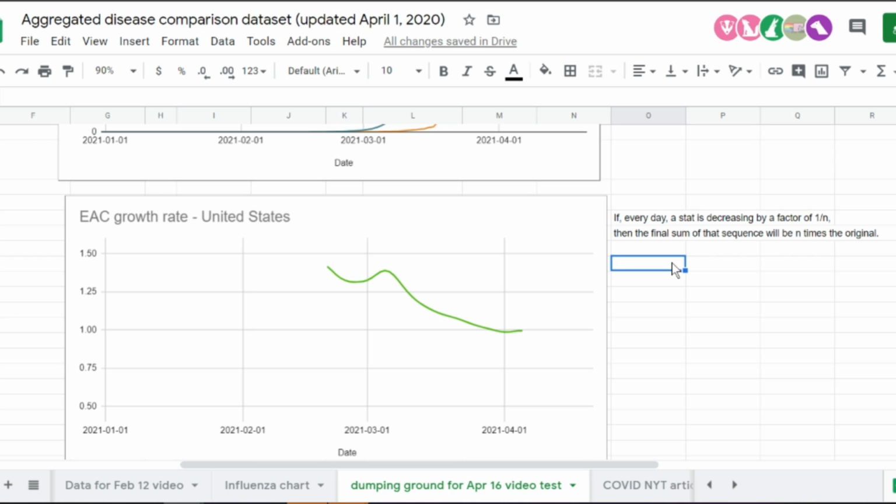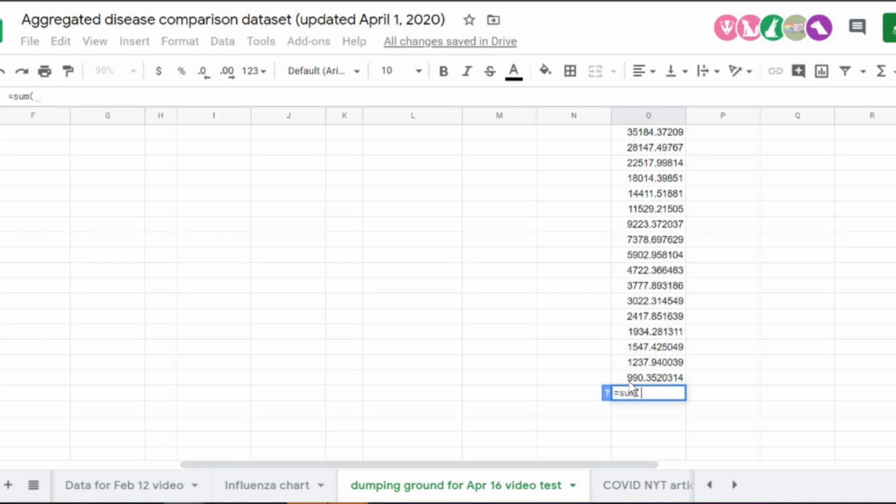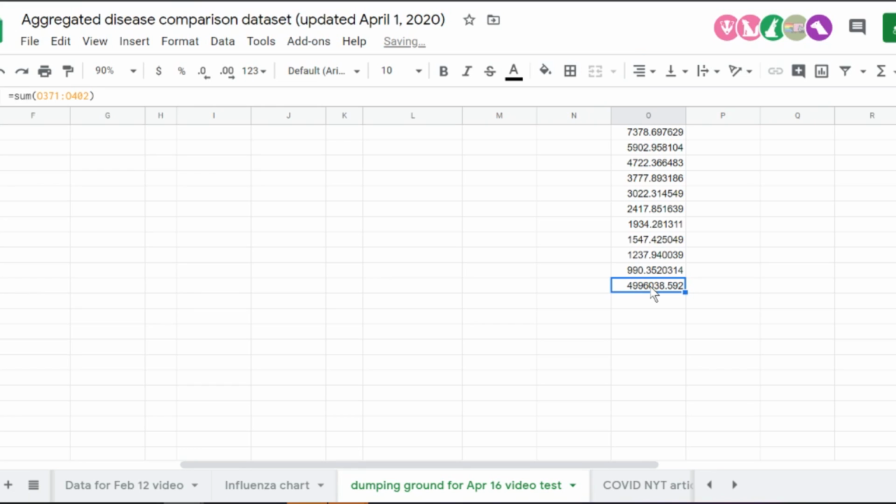So as an example, let's say a viral video gets 1 million views on day 1, and then maybe each viewer only manages to get 0.8 of their friends to watch it the next day on average. So it only gets 800,000 views the next day. If we just repeat that forever, and then if you just sum that all up, well, we dropped by 1/5 every day, right? We went from 1 million to 800,000. So 1/5, the sum of all that will be about 5 times the original. So 5 times 1 million gives us about 5 million views on the viral video.